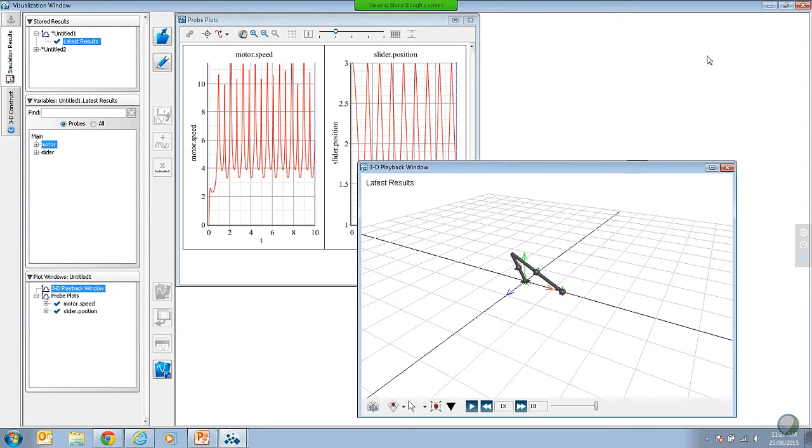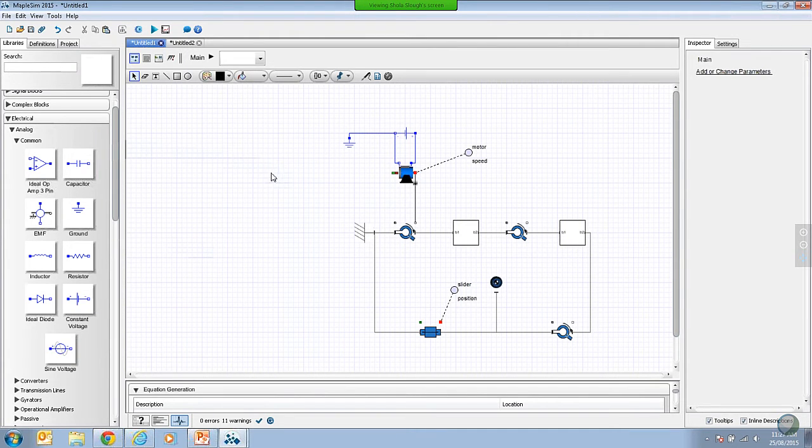So that's how we can quickly and easily create models in MapleSim: just dragging and dropping components from the different libraries, simulating and visualizing the results. Now MapleSim comes with over 550 components that you can use in creating your design. However, there are some cases where you want to use or create a subsystem or